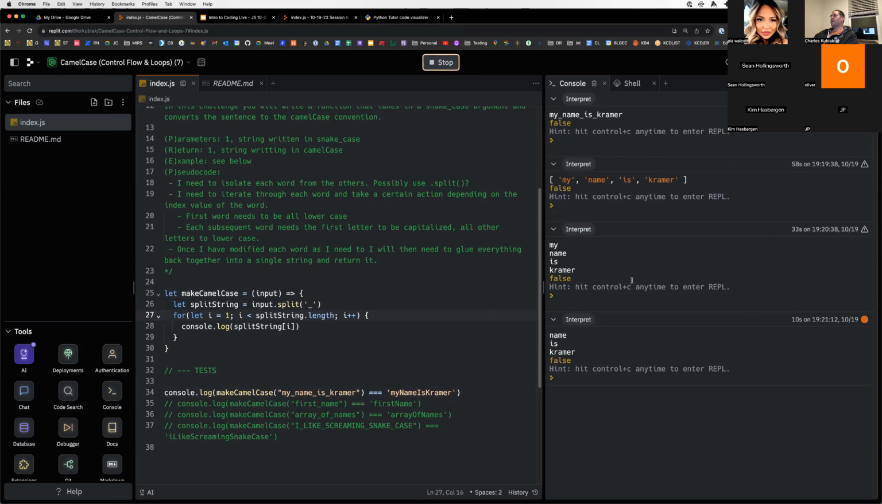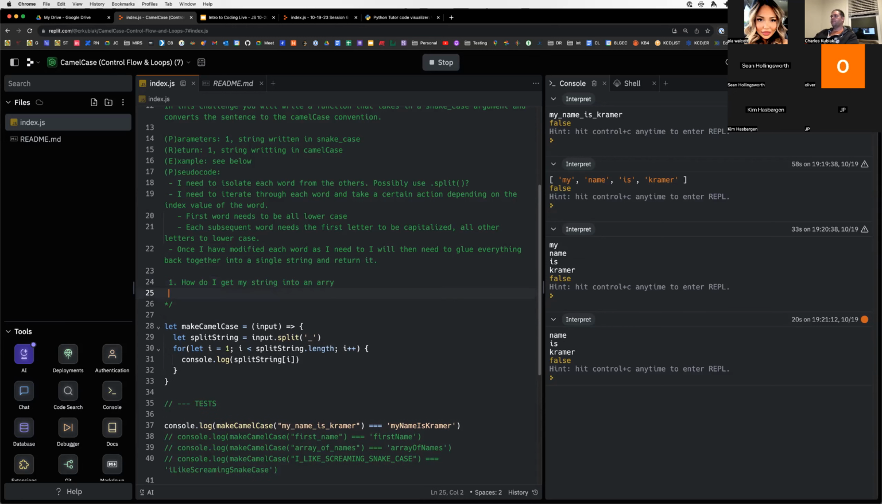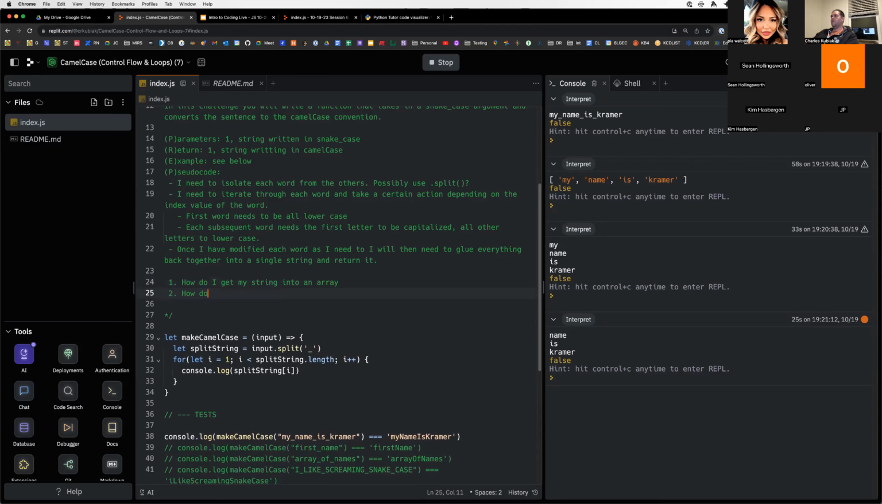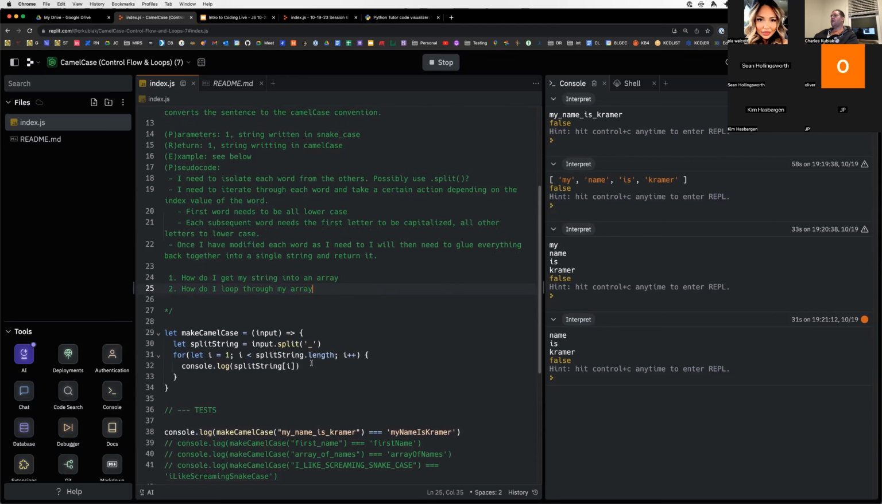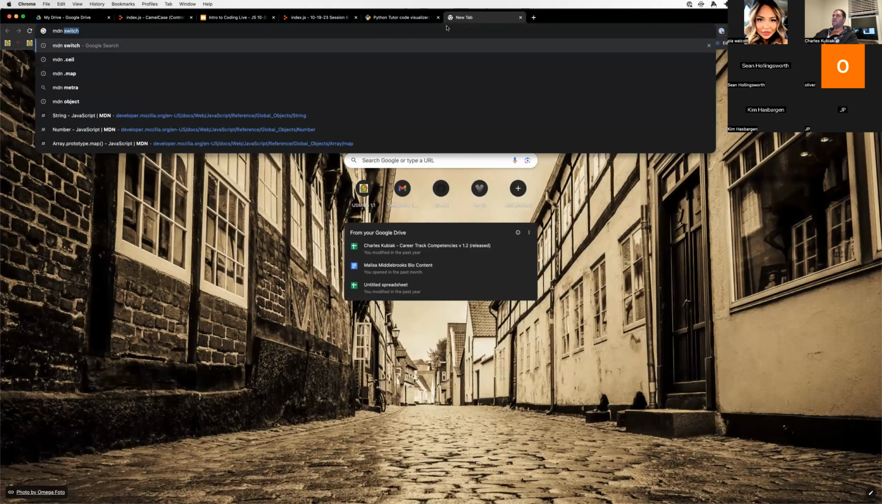And so my next part to solve, if we're solving this in order, is how do I get my string into an array? How do I loop through my array? And I've got that solved. And so now I need to figure out how do I get just the first letter. And so we do MDN string